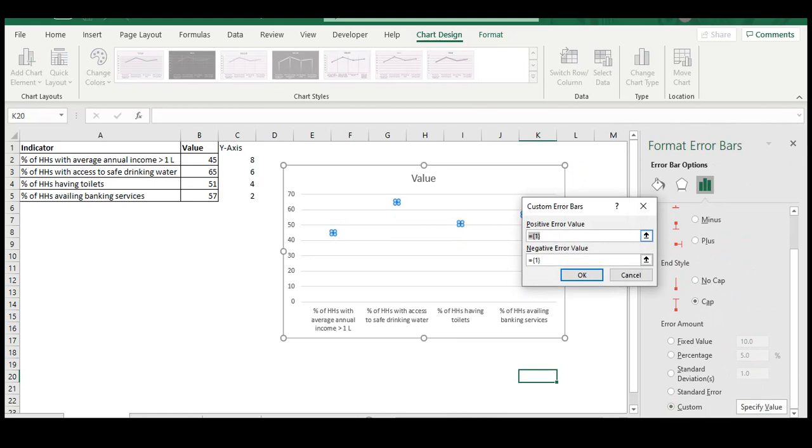I'll leave the positive error value as it is, and in case of negative error value, because we need dropping lines, so this is your negative error value and this would be your positive error value. We need the negative ones. So in this case my negative error value would just be the data points that I have. I'll click on OK,